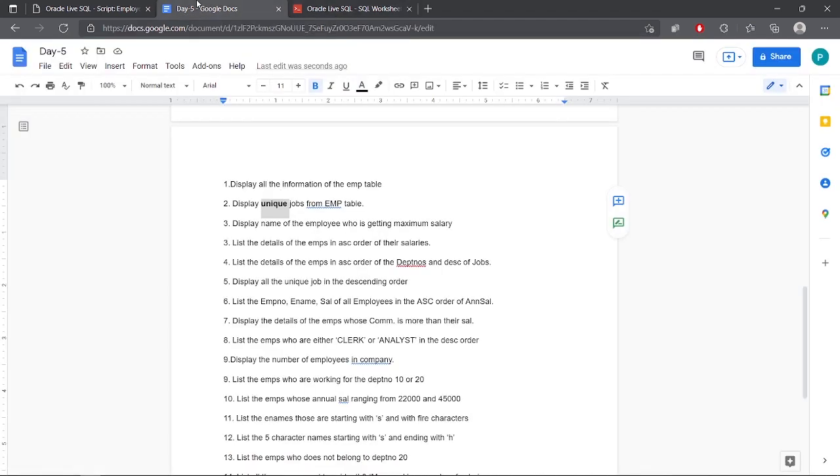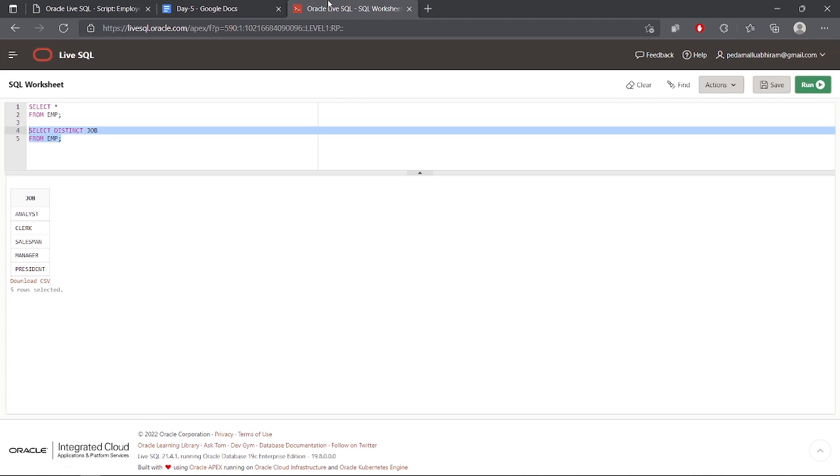Okay, then we have completed the second query and coming to the third query. Now the third query is display the name of the employee who's getting the maximum salary. So who's getting the maximum salary? How to write this function? Now yesterday I taught you about the aggregate function max. Now how to write this function is